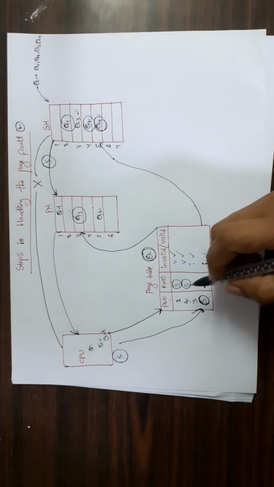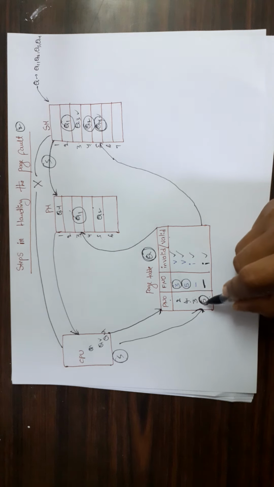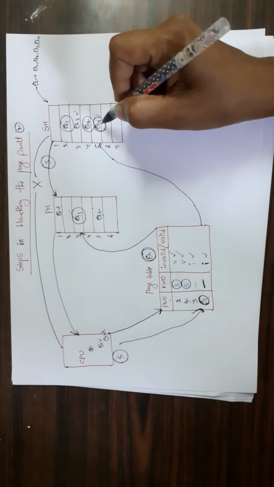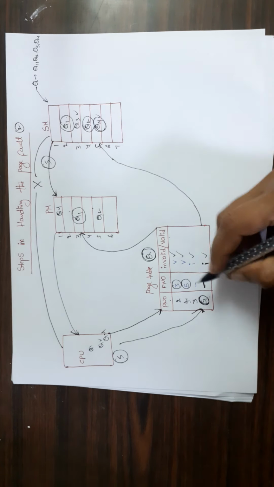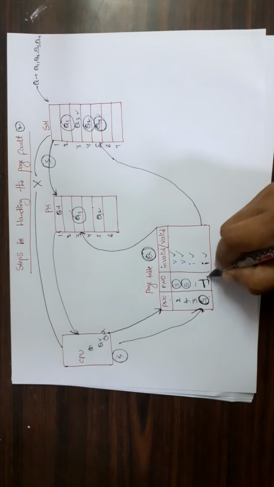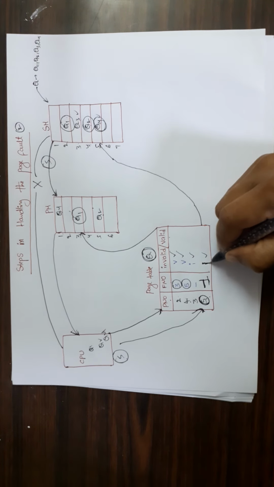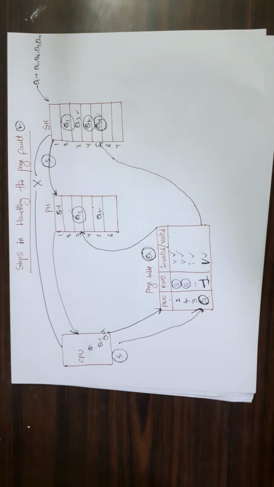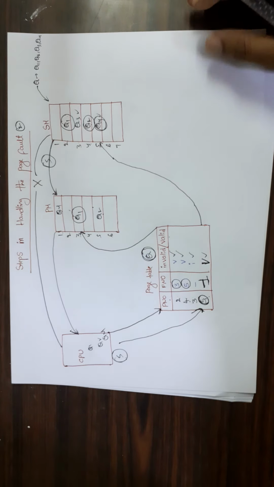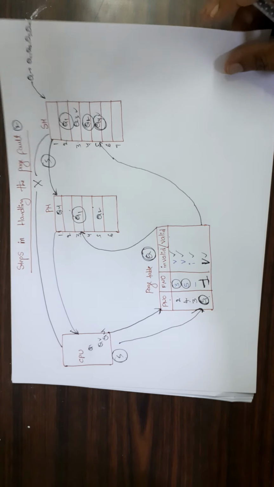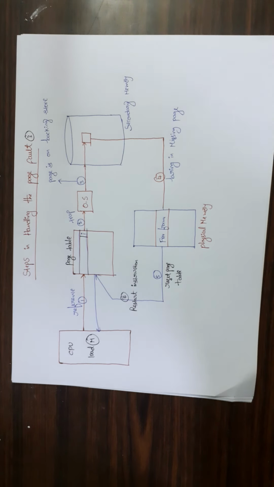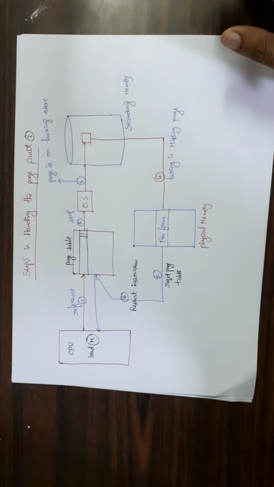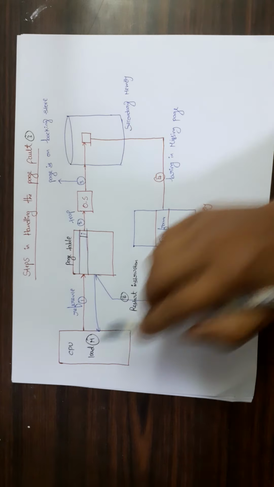At this time, the page table entry for page number 5 will also be changed. So page number 5 data, that means Q4, is loaded in frame number 1. So here we should write frame number as 1 and valid and invalid bit as V. These are the steps in handling the page fault. Now I will give a diagrammatic representation of the page fault. Okay, these are the steps involved in the page fault.